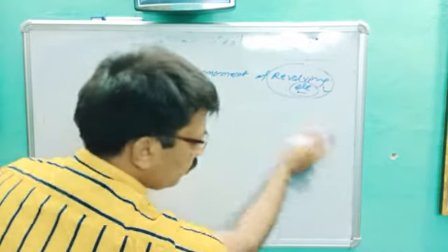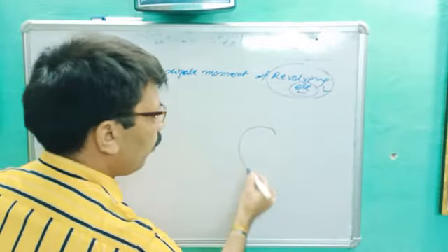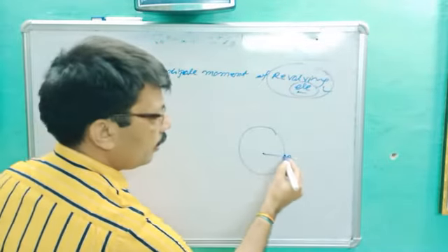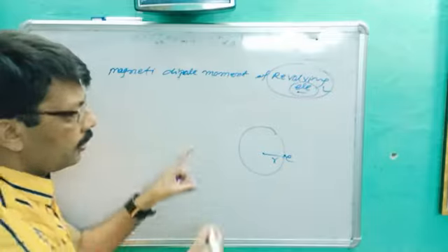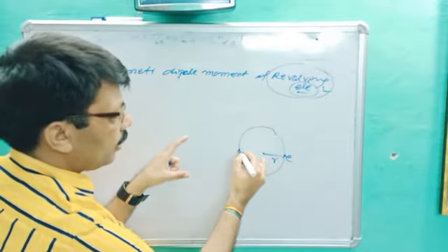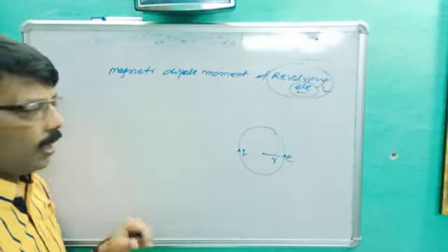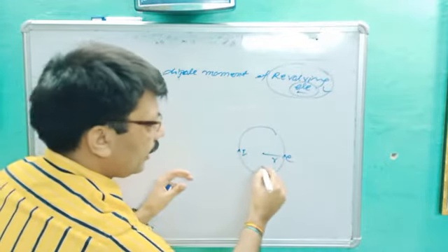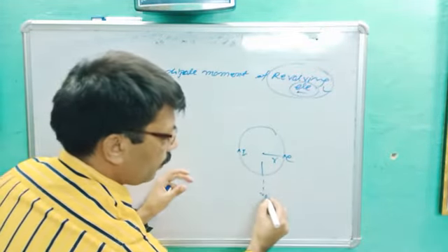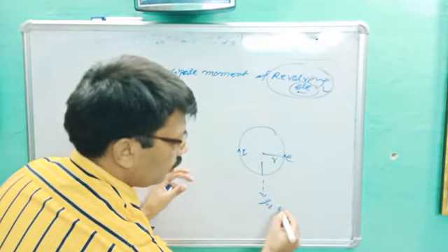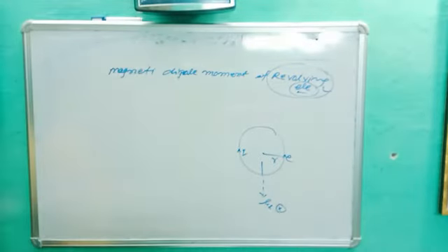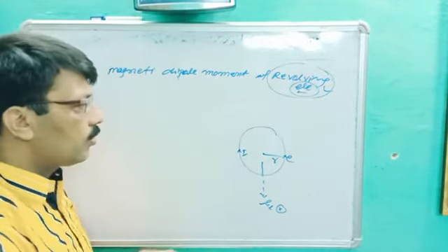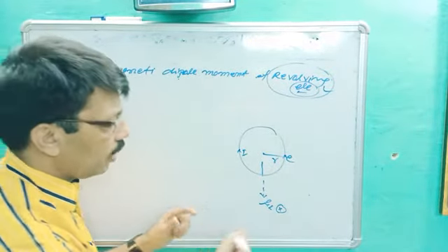According to the question, when any electron, as in the Bohr model, revolves in a circular orbit of radius R, current starts flowing in the opposite direction of the electron. The flowing current is I. So apply the right hand thumb rule. The magnetic dipole moment is represented by mu L, and it is in the inward direction. So we can find the direction of the magnetic dipole moment, because it is a vector quantity, by using the right hand thumb rule.